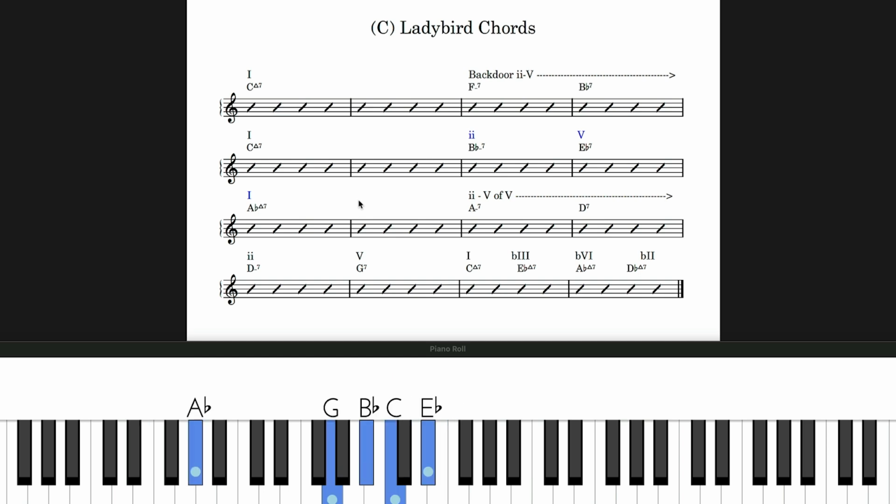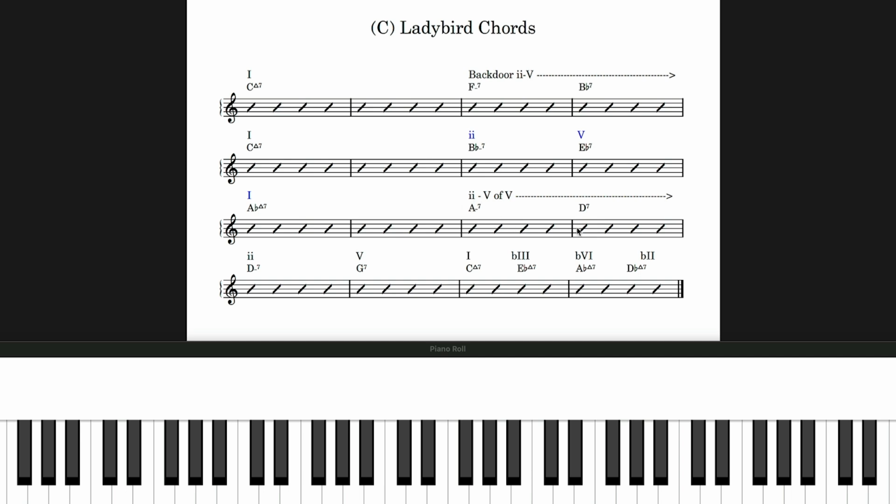All right. Okay, now here's another really, really super common device that we see in tons of jazz standards, and it's really important to understand what this is. So we have this A minor 7 to D7. Now remember, we're in the key of C, right? And then all of a sudden that moves to a pure 2-5. So we could call this,